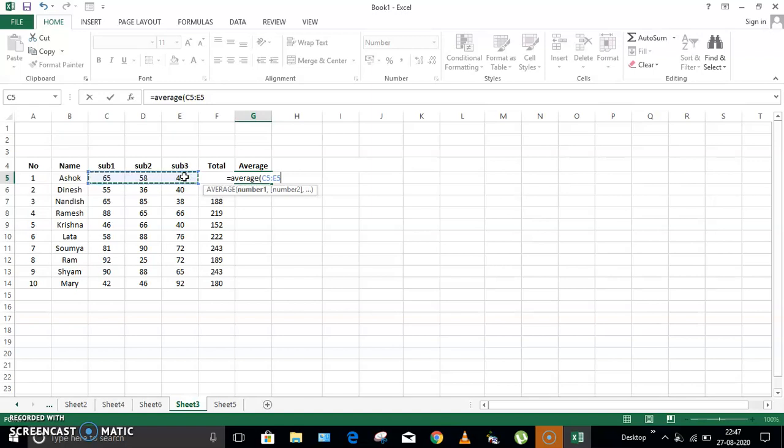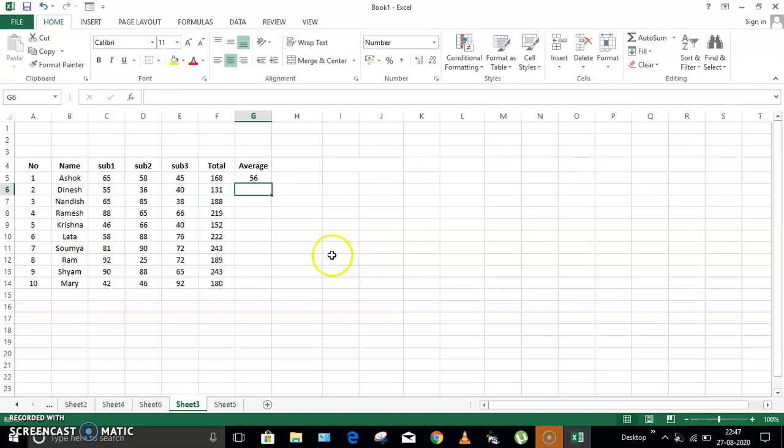So I want to find the average of all the 3 subjects. So I have selected the subject 1, subject 2 and subject 3 marks and then give the closing bracket. Remember here the colon symbol indicates it is from this cell to this cell. Okay, and then press the enter key. So here you can find that the average of subject 1, subject 2 and subject 3 is 56 for the